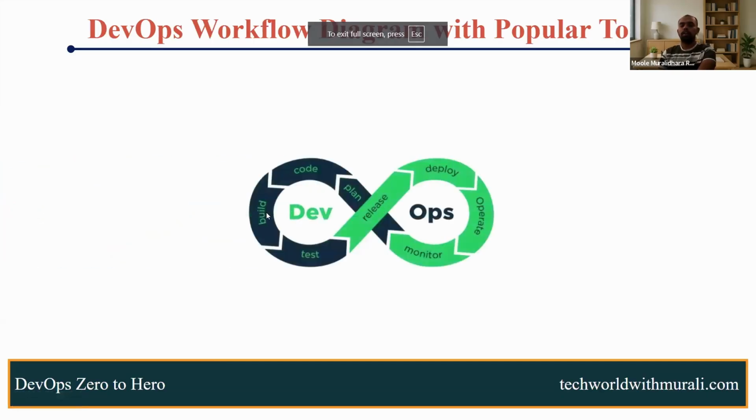So as I said, we have a development and operation team. In the plan stage, we'll use either Jira or Rally. They will create a specific task, and then a specific developer or the DevOps team will work on that. Example, you got a new project. In the particular project, they wanted to work. So initially what they will do is create the tickets and assign them to a specific